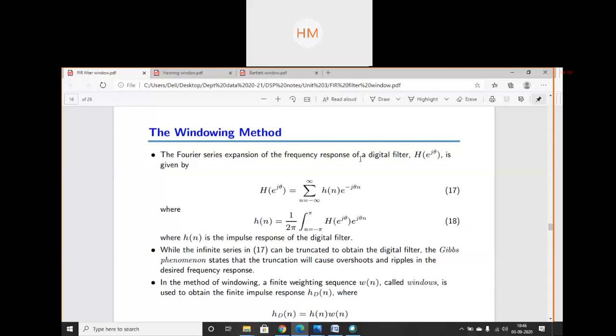So here we have infinite or periodic sequences of inputs. Now we are passing those inputs through a particular window function that will rectify your inputs to a finite impulse response. For that we are using Fourier series expansion for digital filters. So write down this equation. First write down the heading: windowing method or FIR window technique.